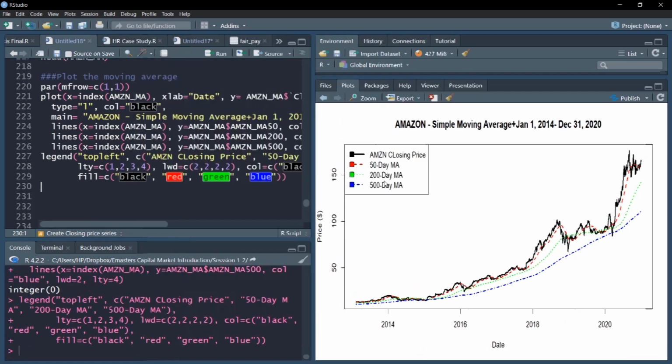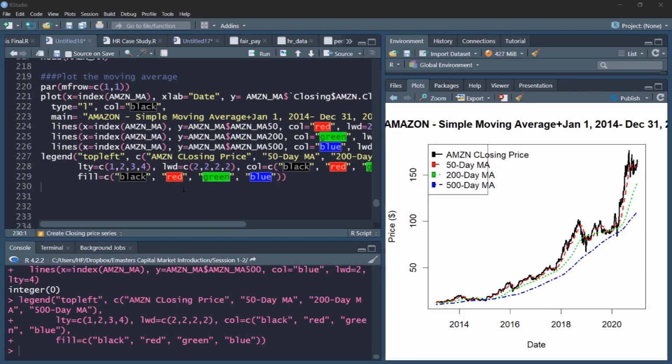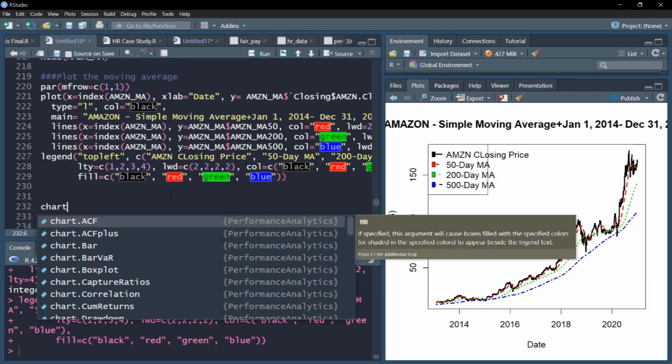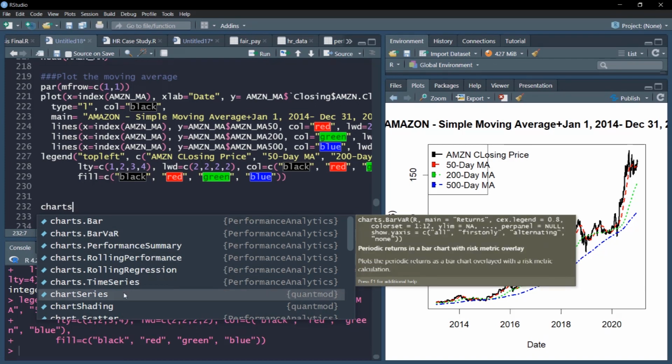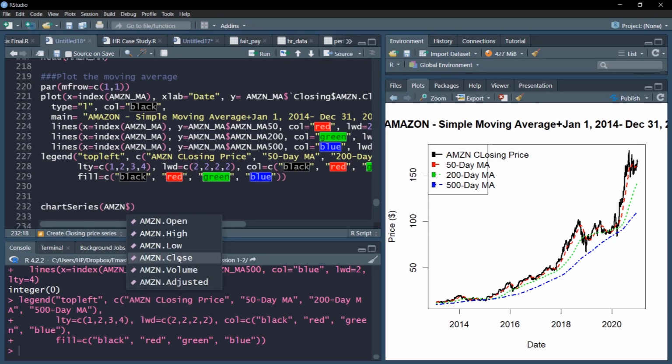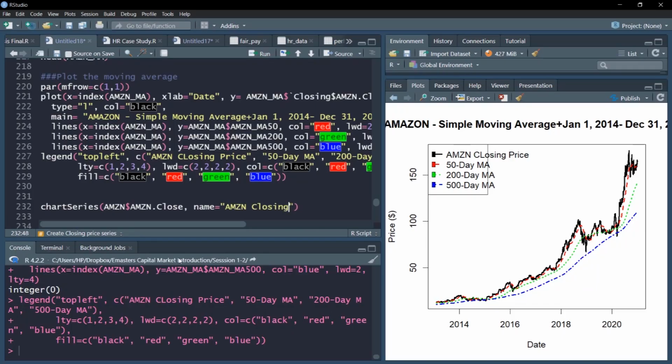There's one more way, easier way to plot this. There's something called chart series plot. Without putting so much effort, you can make use of chart series plot that is available, which is part of the quantmod package. We have installed the quantmod package for this very reason. Notice how easily I'll plot such a nice plot. I'll provide the closing, then I'll give the name as equal to Amazon closing price. Maybe I'll use a white theme,